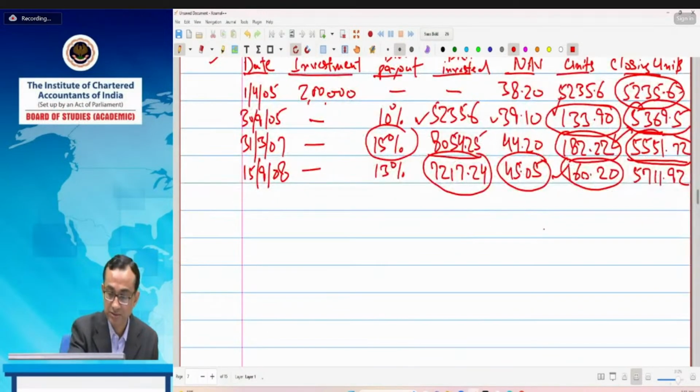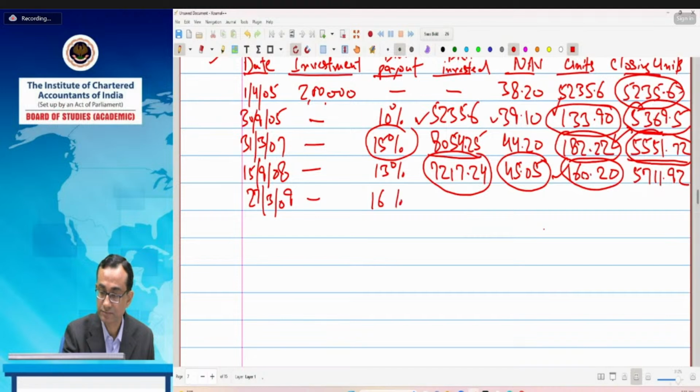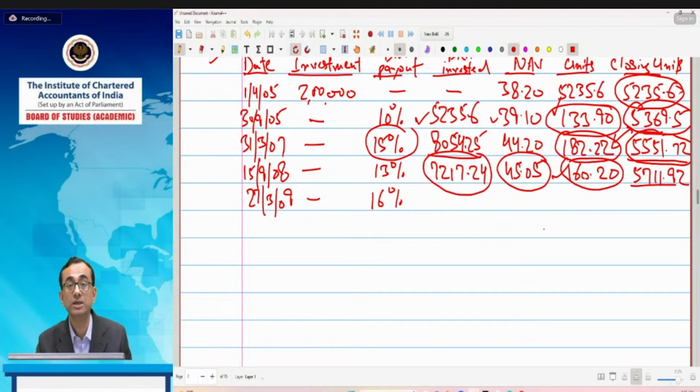Now the next day on which dividend is declared is 27/3/09, at 16%. Again, how is dividend calculated? This total, 5,711.92, multiplied by 10 into 16%. So it will be